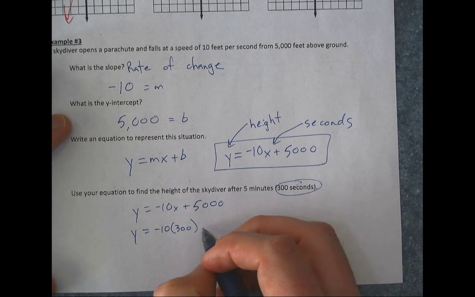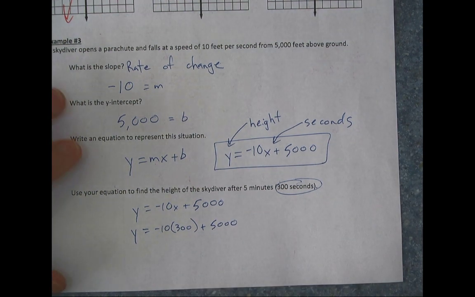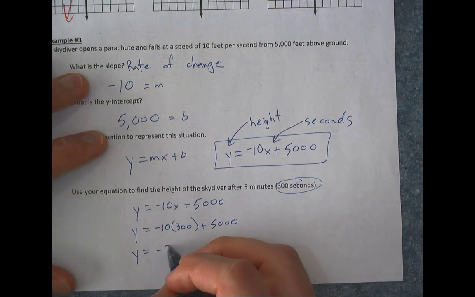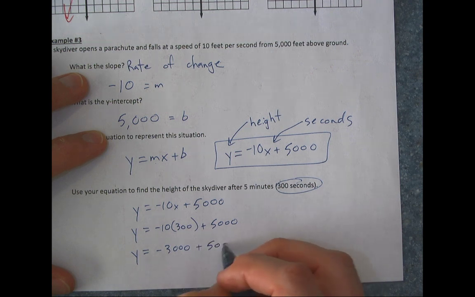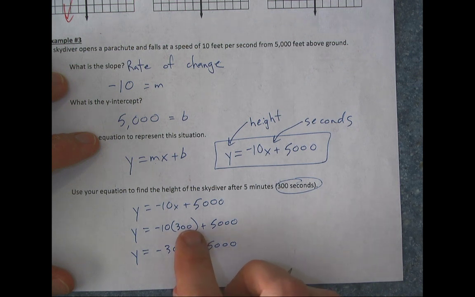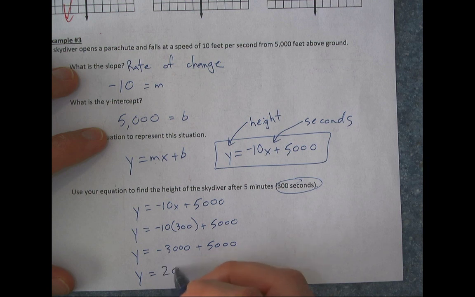Oops, and that was 5,000, not 500. So let's see what happens. When I multiply this, I'm going to get negative 3,000. Think about what that does. So you were at 5,000 feet above the ground, and 300 seconds later, you're going to be 3,000 less than that. So that's why this is going to be a negative coming off of the 5,000 that you started at, leaving you at 2,000